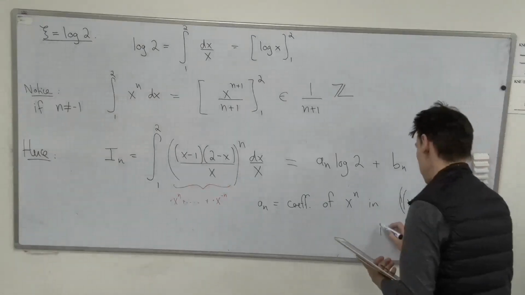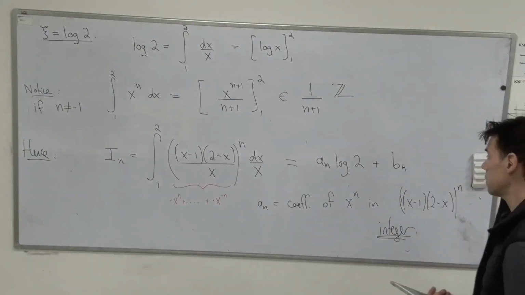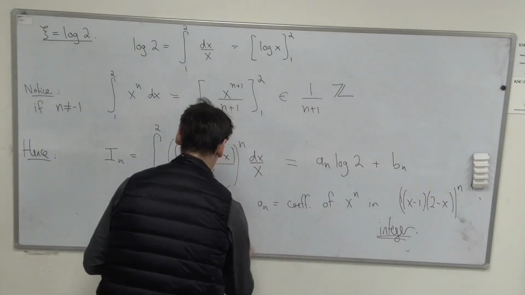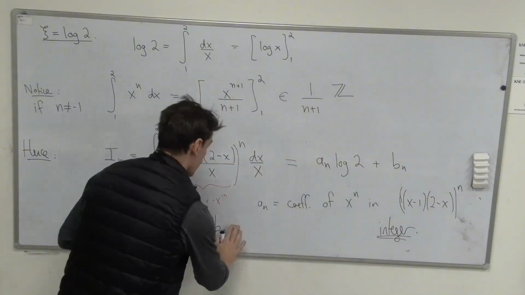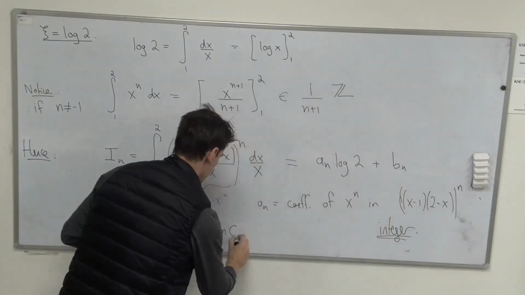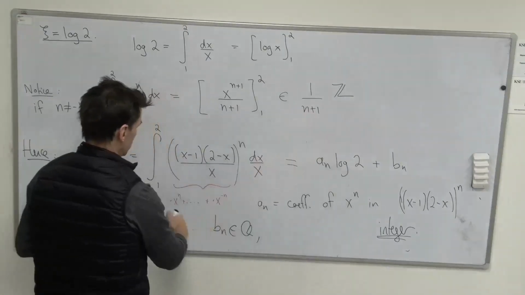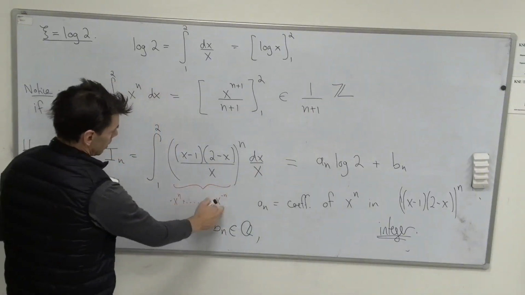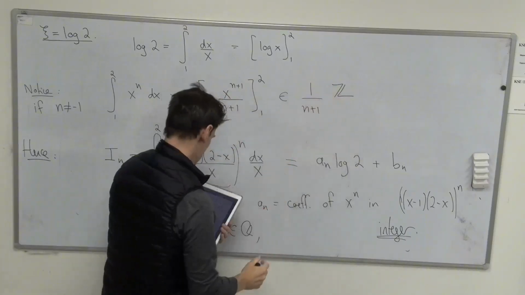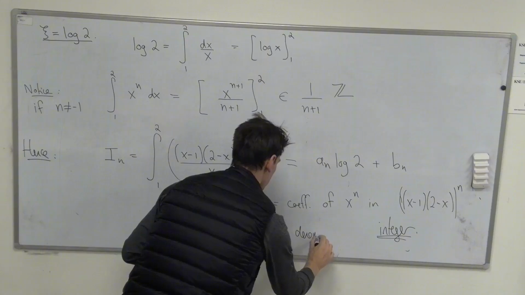It's some integer. So an is some integer, and bn is a rational number. But by this argument, it's going to be a sum of integrals of all these other terms, each of which has denominator given by this. So it has denominator